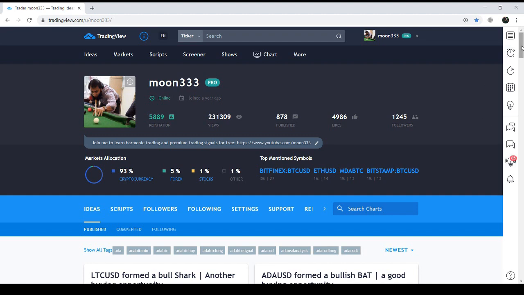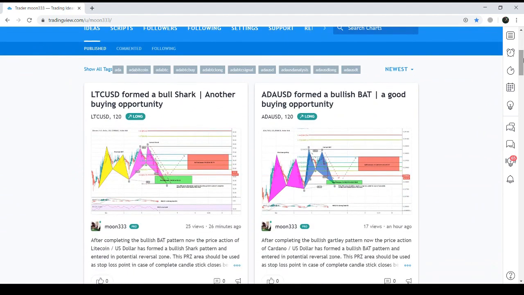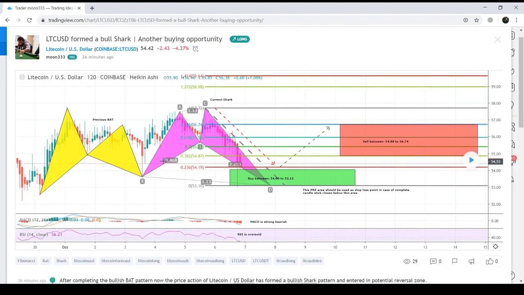First I'm going to open my Litecoin chart, which I posted almost 30 minutes or 1 hour ago. You can see on this chart, first the price action formed a previous bullish bat pattern, and when the price action entered the potential reversal zone, it took the bullish divergence and started the formation of the next short pattern. After the initial leg, the A to B leg is retraced between 0.382 to 0.618